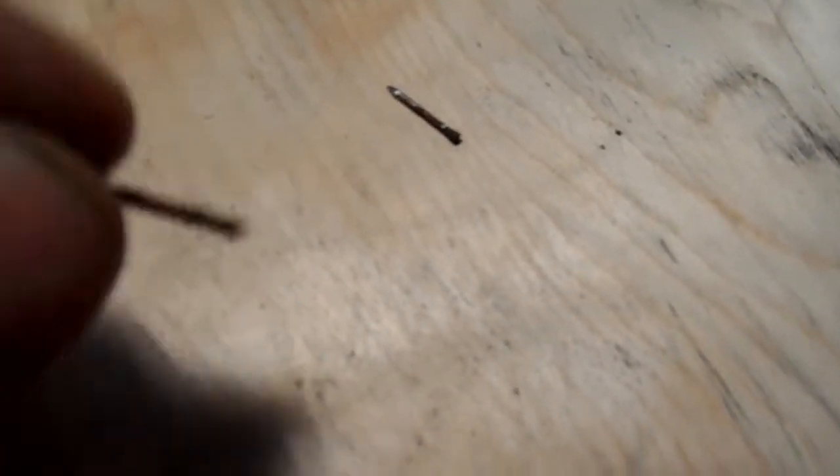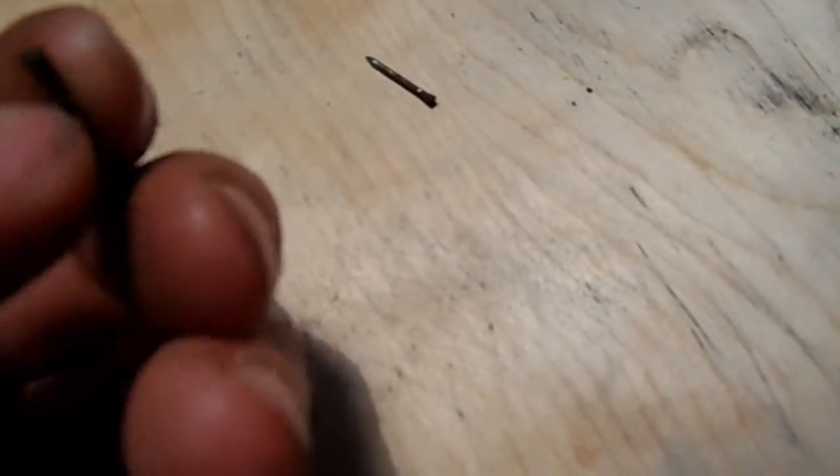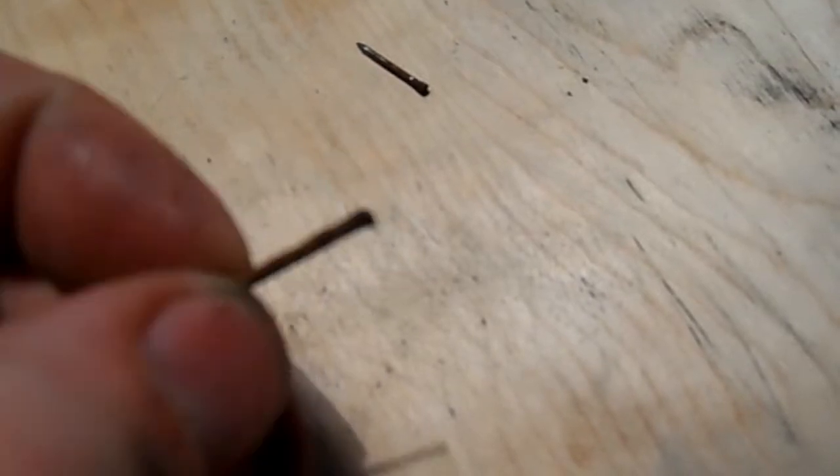I'll get another one, see if it's any clearer. Just set them up here. So you can see that they're well rusted. Obviously the box has been kept in quite damp conditions at some point. I got maybe 14 of these small nails out of the wood, but the other 4 have snapped in the wood, and I've just pulled the heads off the nail, and the rest of the nail is left in